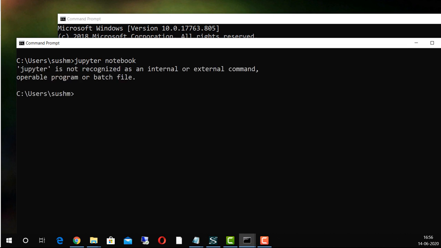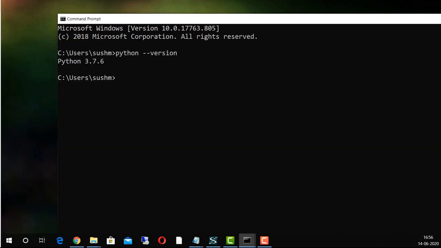Jupyter notebook, any spelling is wrong, one second. Let me close this. I need to open it again, I guess. Okay, this I opened recently. So Jupyter notebook. After installation, open a new terminal and then type this. Okay, now I'm not getting any error, so it will take a minute or two to open. So this is one method, and meanwhile it is loading.